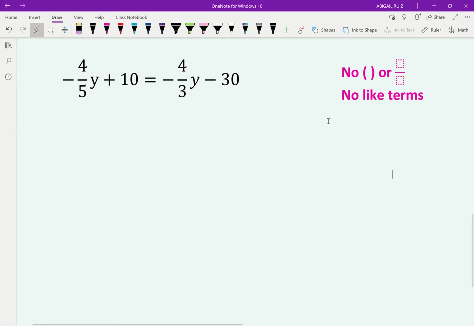So let's do this right now and multiply. Let me just highlight that it is 5 and 3 while we're multiplying. So we're going to multiply negative 4 times 5 times 3, 10 times 5 times 3, and 4 times 5 times 3, and that's negative 4 by the way, and this is negative 30 times 5 times 3. Okay,